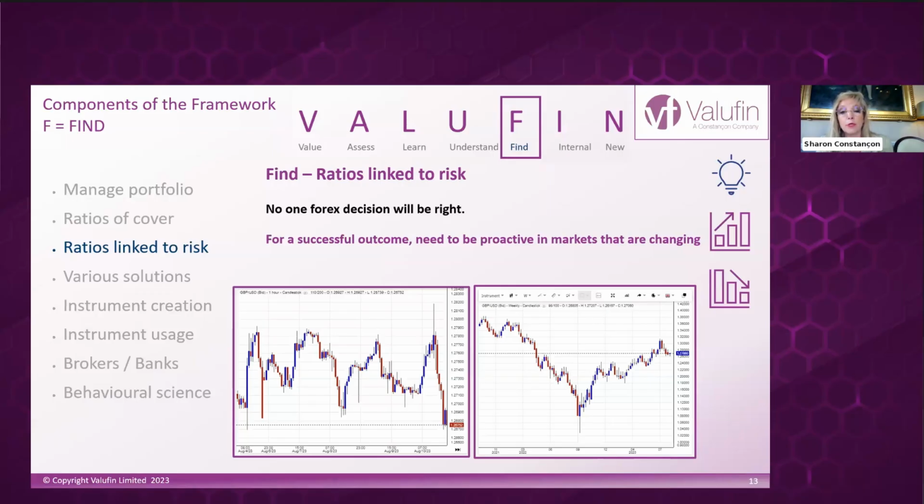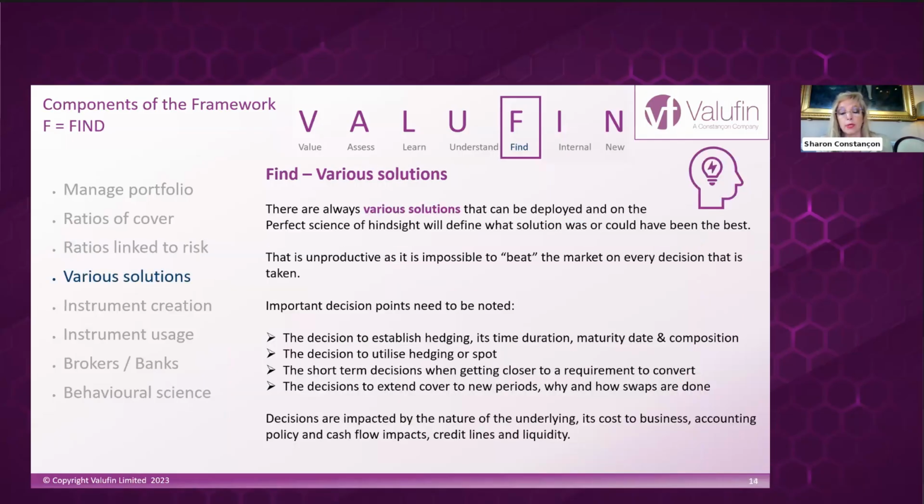Now, if you were 100% covered, you are absolutely never going to be able to do that. And if you're 0%, you're never going to be able to do that. But if you're going for a degree of hedging, this can be achieved because you're allowing yourself to use the best rate every time you make a decision. Am I cover or spot, which is better, and therefore having a direct profit impact.